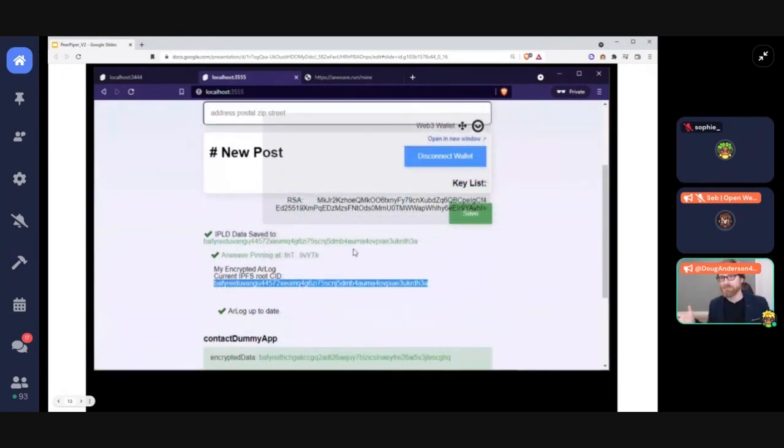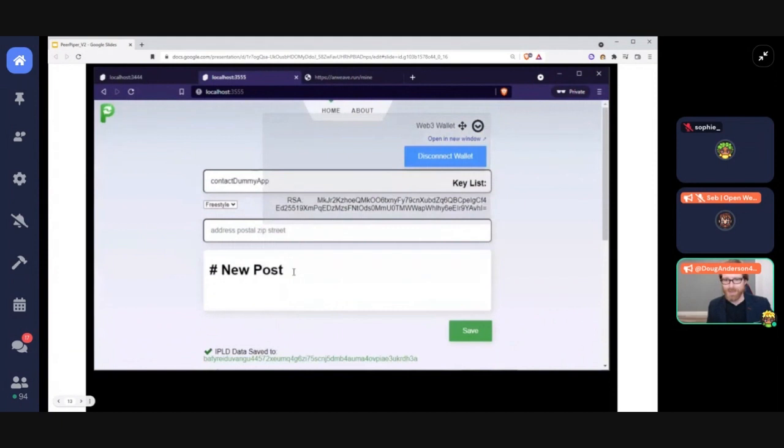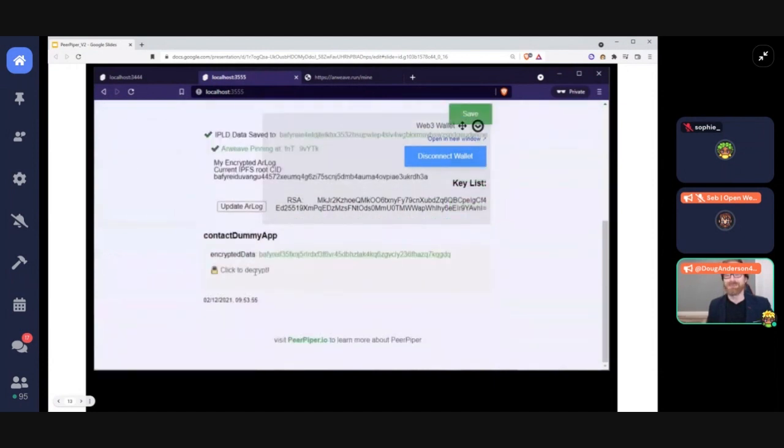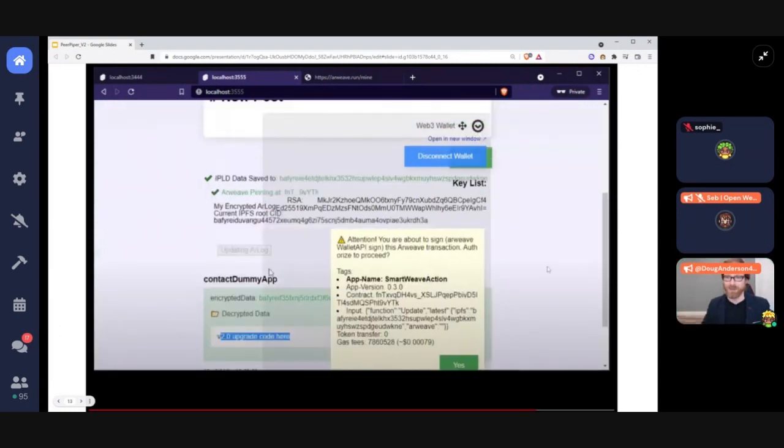Fantastic. Well, let's say we want to upgrade our version. Maybe that was the freemium version. And once we've updated rlog, we want to go and upgrade to version 2.0. So we'll modify our code, upgrade our app, change the data, once we get through some typos, and save it. And it'll re-encrypt it with a new key that only your authorized contacts can see. And of course, we'd have to upgrade our SmartWeave contract again to reflect the new updated data.